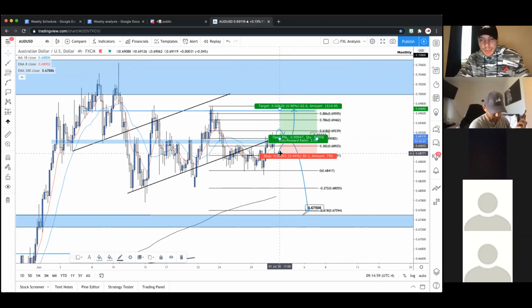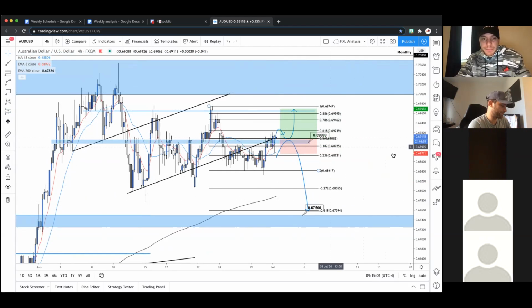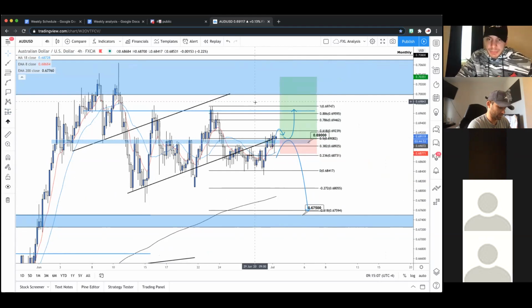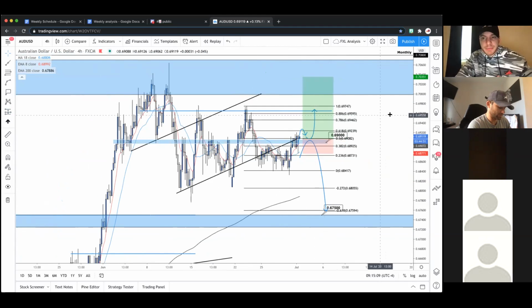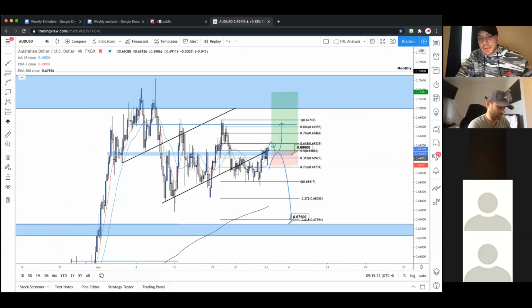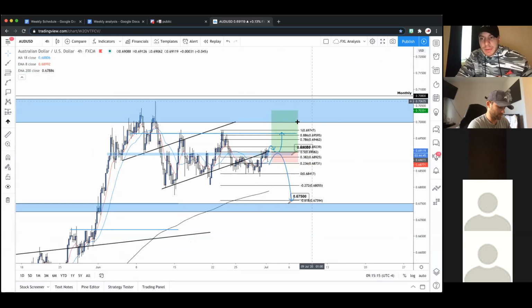So this is one opportunity again. I mean, we'll see how it plays out. But again, this would be the first TP, potentially higher. But again, it's got to break through all these levels for us to get a massive move out of this. So I would say the safer option for this would be to wait for a break of this monthly, break and retest, give us a confirmed higher low, and then you can target higher.